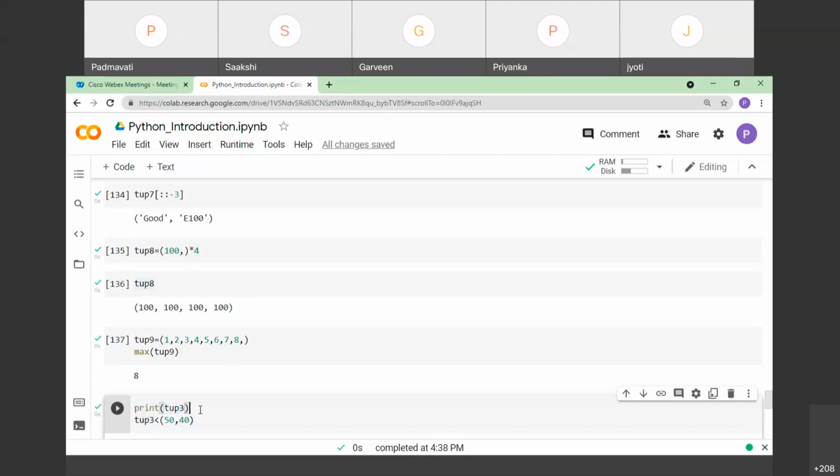Tuple 3 will have some values inside that particular tuple, and each element of tuple 3 will be compared with this particular tuple's elements. How will they be compared? The first element of tuple 3 will be compared with the first element of this particular tuple.